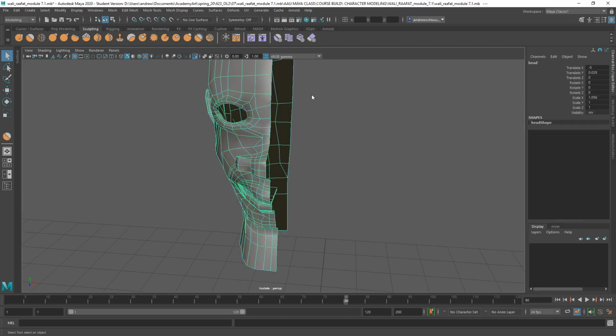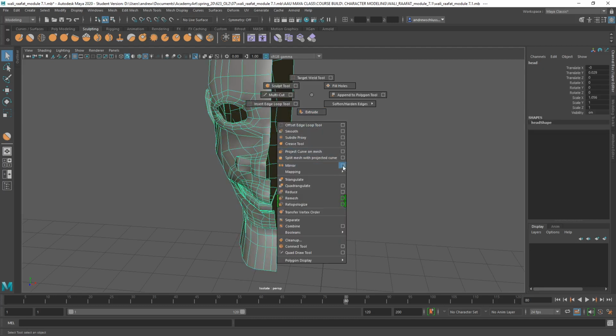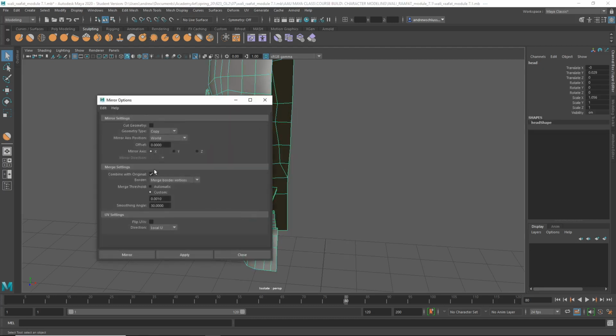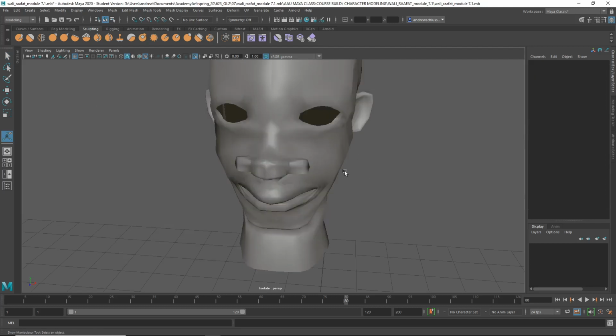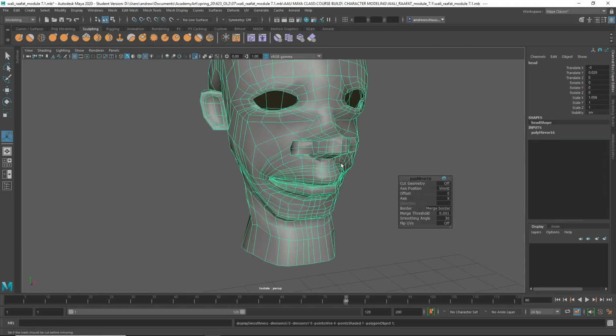Right mouse click, object, shift right mouse click, mirror options, cut geometry is off, combine with original is on, merge with border vertices, custom 0.001, mirror. Okay, now that's symmetrical at least. There's still a lot of geometry problems on this thing, but